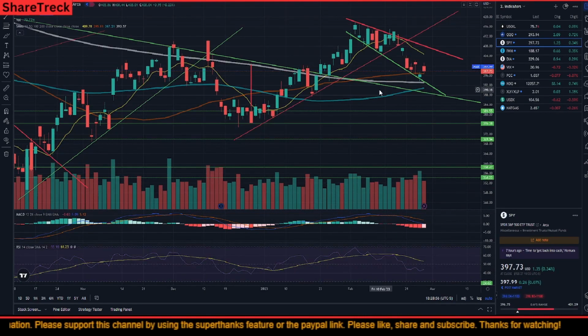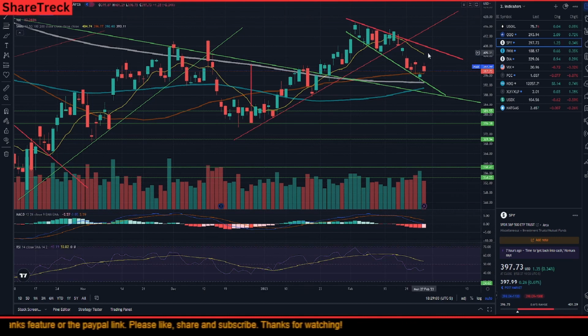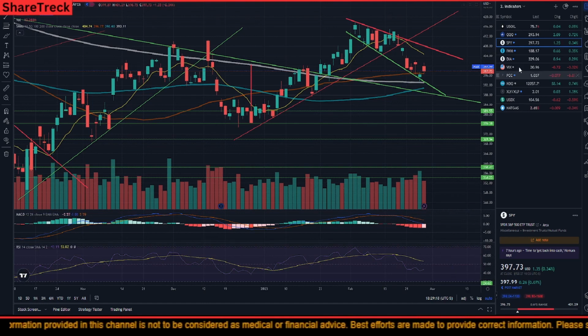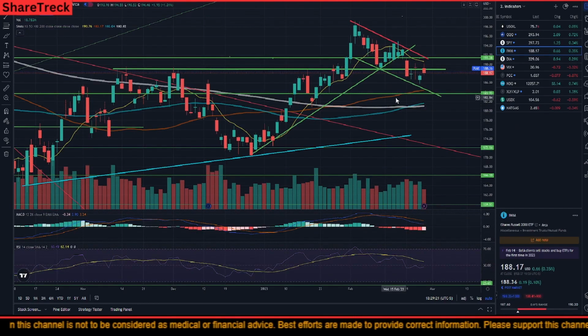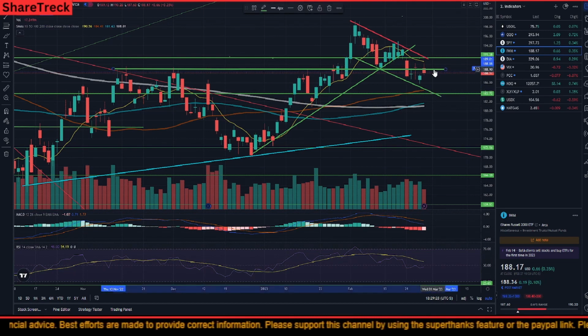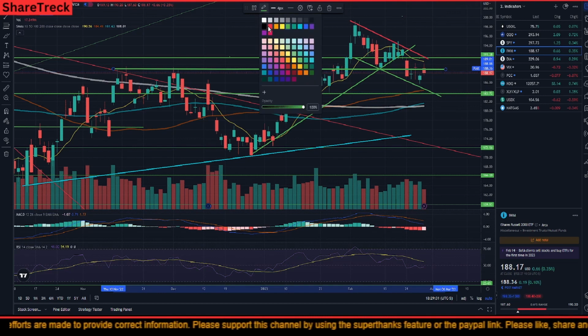S&P 500 also is doing better compared to what it was the day before, but still it's in the bull flag, I would say, but it has got two simple moving averages which are restricting it, so it's not doing better than QQQ. So that's another problem. Again, MACD is bearish, and momentum is below average, and not looking great. Russell index also is in the same situation. MACD is bearish and momentum is below average, not at all looking great. And our support, which was out here, minor support, has now become a resistance.